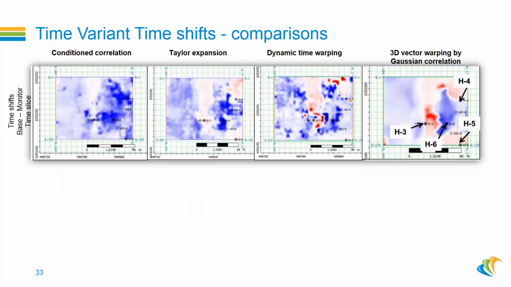Comparing these different methods at, for example, a time slice of the base minus monitor, which is the time slice from the time shifts. You see this is for conditional correlation, Taylor expansion, dynamic time warping, and 3D vector warping by Gaussian correlation. This specific reservoir is a SAGD, or steam-assisted